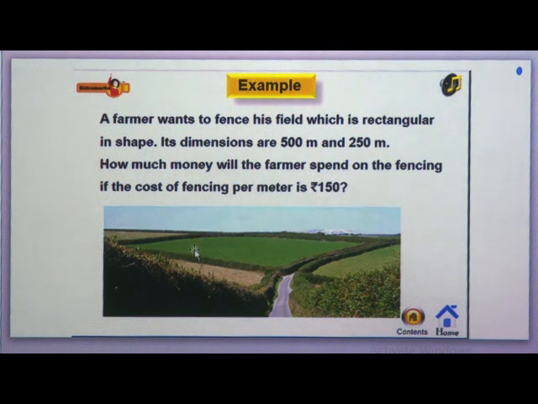After we get the perimeter of this field, we have to multiply it with the cost of fencing. So, we can find out the total cost of fencing around the given field, whose dimensions are given to us. In this way, you have seen this figure is nothing but a rectangular shape, a field where we have to make a fencing.